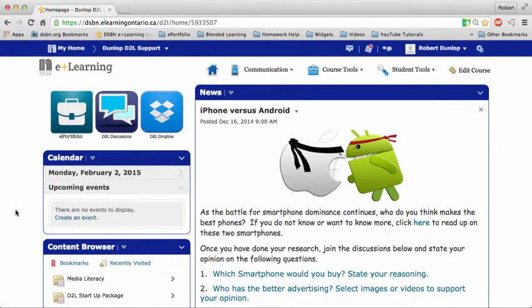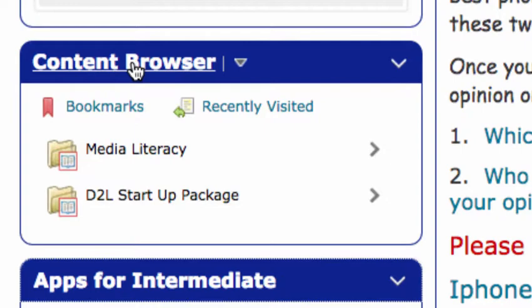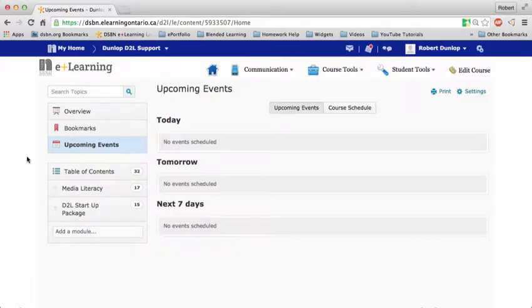The following is a short tutorial on how to use the content browser inside of D2L. The content browser is a very powerful tool as it allows you to store your files in an organized fashion. To access the content browser, just click on the word content browser and you'll show up in an area that